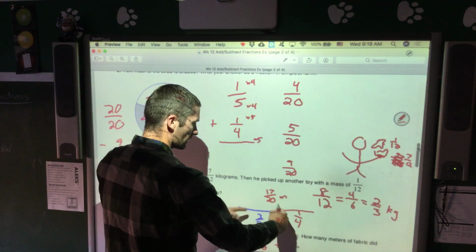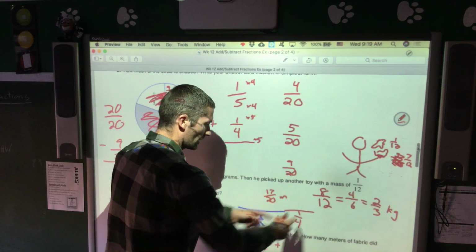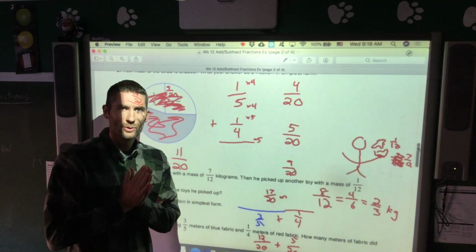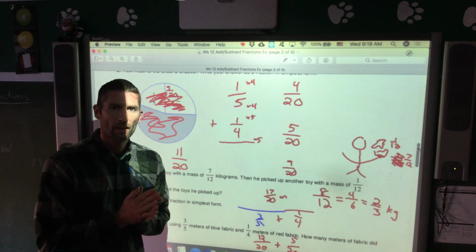And does that make sense? It's almost a full meter when you take that and you add that. Yeah, there's your answer. Okay, that's how you do your homework this week. Take your time, make sure you find a common denominator,